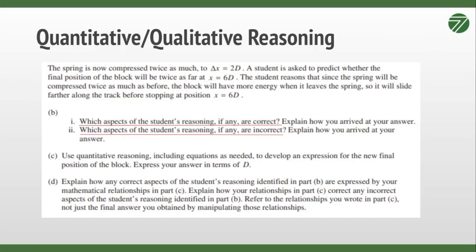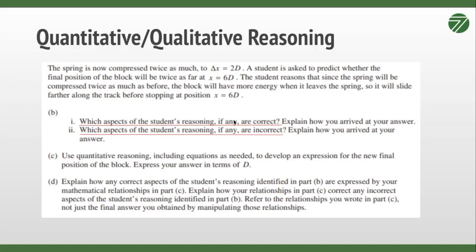But they're incorrect that twice the distance corresponds to 6 times the energy, because this is based on elastic potential energy, and therefore it scales as x squared. So if we go twice the distance, we get 4 times the energy,